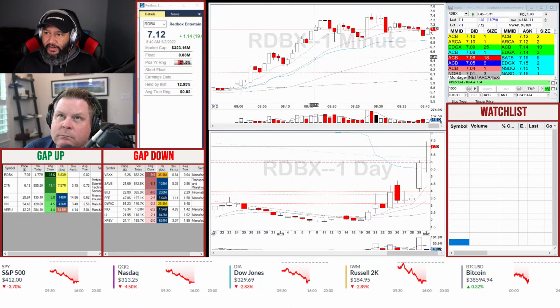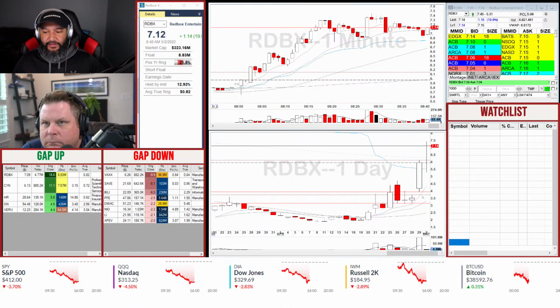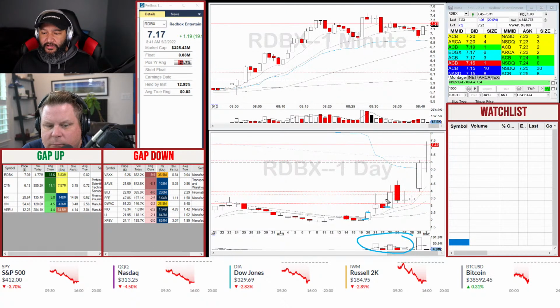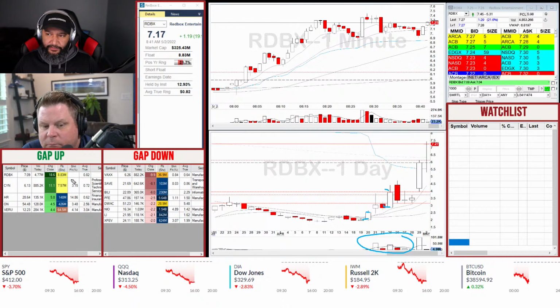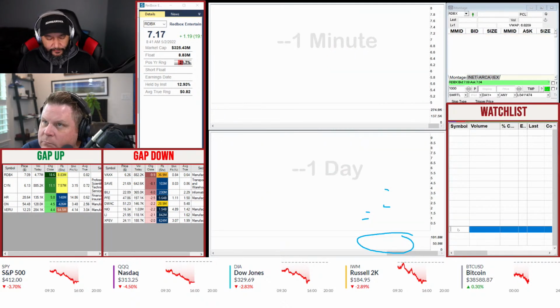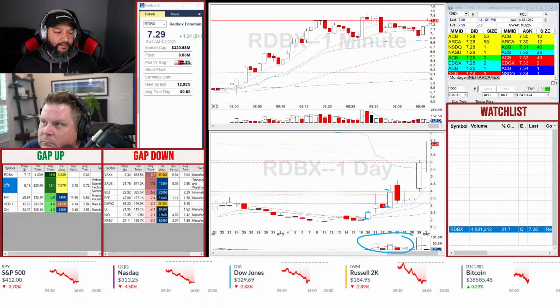Guys, they're looking pretty good right now. 4.8 million shares traded, up 19%, and obviously this has been paying off for them. If you look at the last couple of days, you can see the increase in volume, with a couple of days running up pretty nicely. Today's pre-market action does look very good for a low float of 8 million shares. Definitely the low float of the day so far, so we'll put them down here at RDBX.